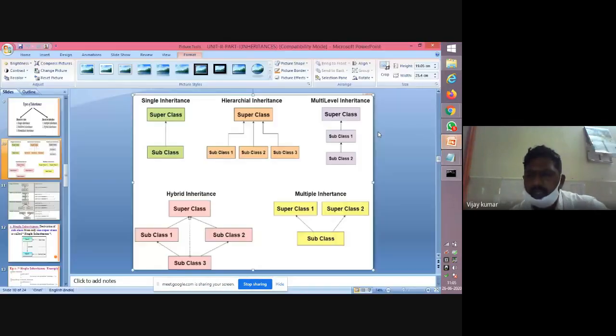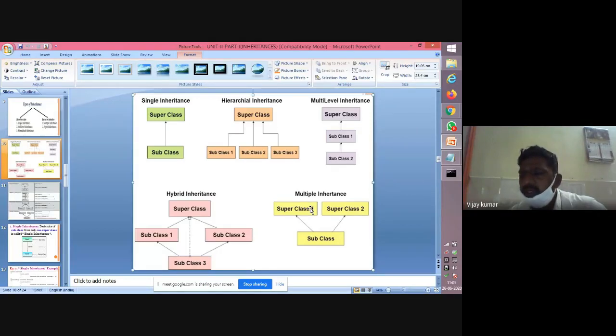One superclass, a second superclass, and a third, fourth, and so on, but only one subclass. Single inheritance has one superclass and one subclass, no problem. Hierarchical has one superclass and many subclasses, no problem. Multilevel has a subclass that again has a subclass, no problem. Hybrid, no problem. But in multiple inheritance only,